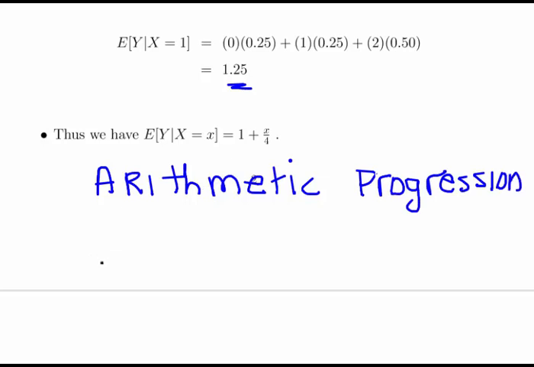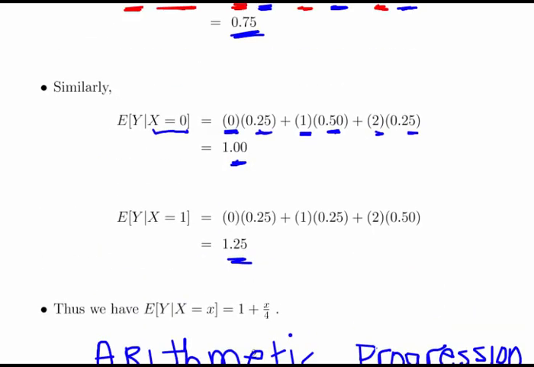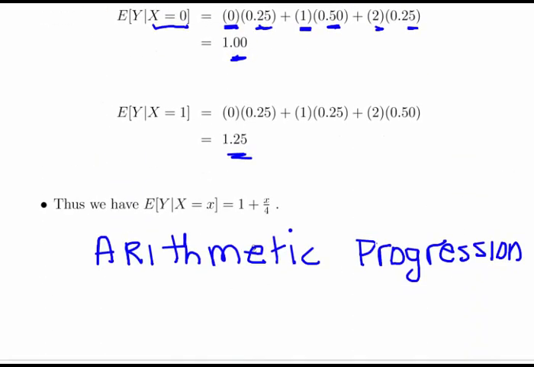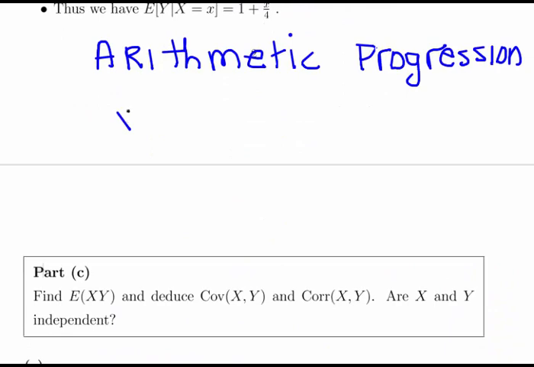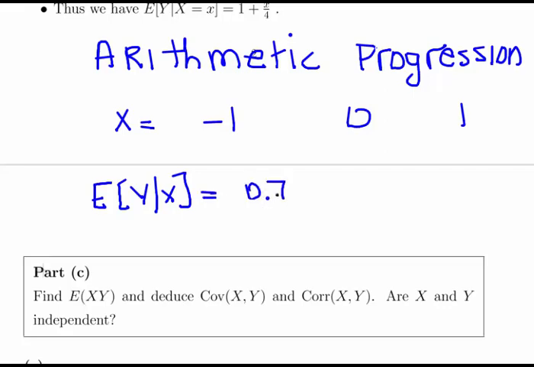So we have x as -1, 0, and 1. The expected value of y given x equals 0.75, 1, and 1.25. It's essentially just to demonstrate that there is a consistent increase